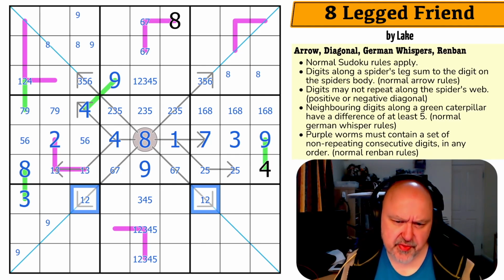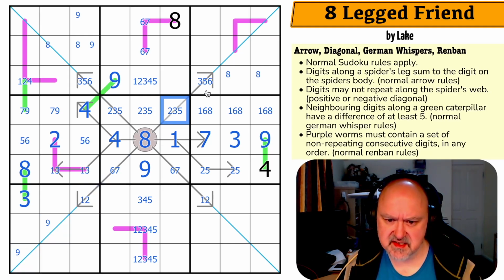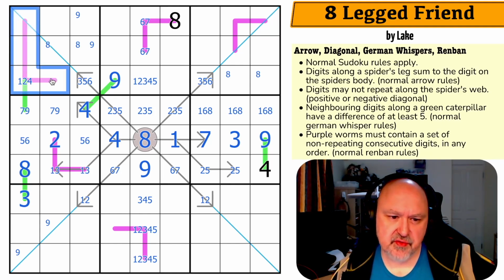Hmm. 3 is up here somewhere. Can I... 3 is in one of those 3 cells, because I can't put 3 on that arrow and I can't put 3 in this box. So 3 is not capable of being there. 3 here. Yeah, maybe. Maybe. If this is 1, 2, 3, 4...